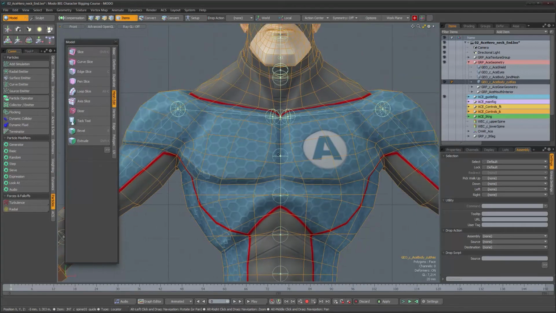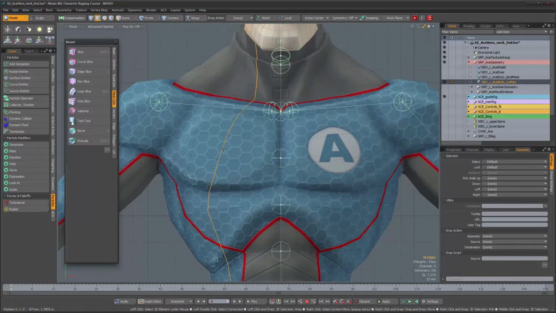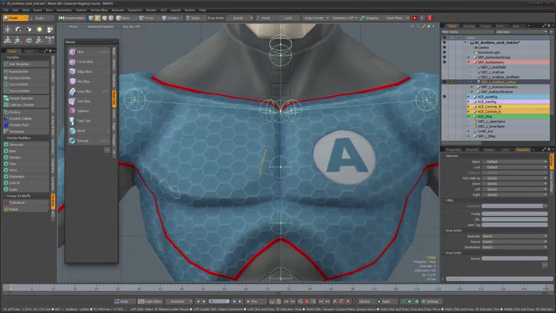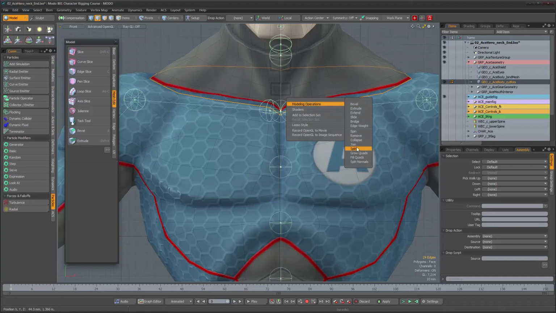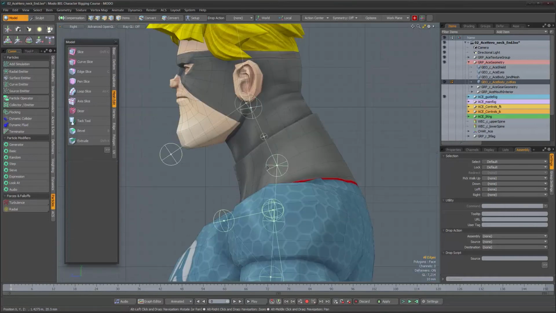And for this guy, I've already cut the geometry over here. So what I'm going to do is maybe just try to create something going on here, like an edge loop or something like that. Well, I'm going to see what I do with this piece a little bit later. I'm just going to cut this one over here. Let's split that. And for the neck, we might actually do something different later on,